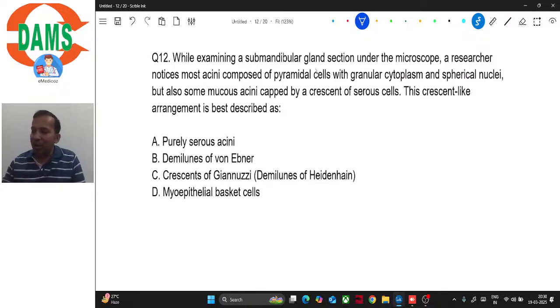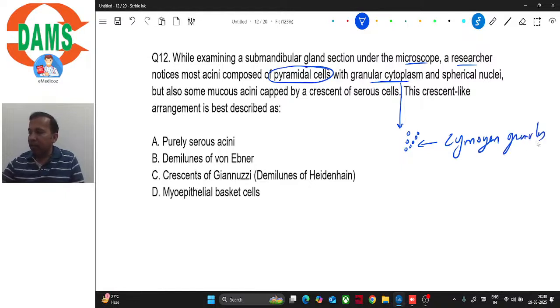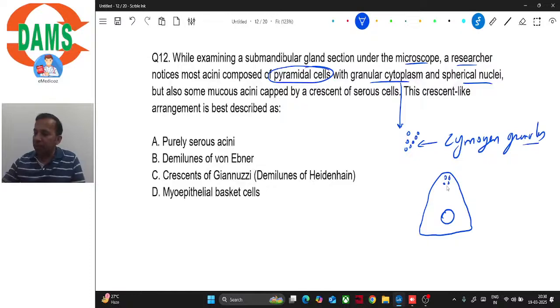While examining a submandibular gland section under the microscope, a researcher notices most acini composed of pyramidal cells with granular cytoplasm. So granular cytoplasm, why? Because all these secretory organelles are arranged like pearls, and these are known as zymogen granules, isn't it? So the cell is pyramidal, the nuclei are spherical, and there are zymogen granules,